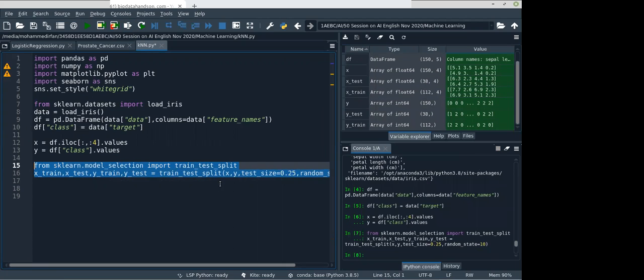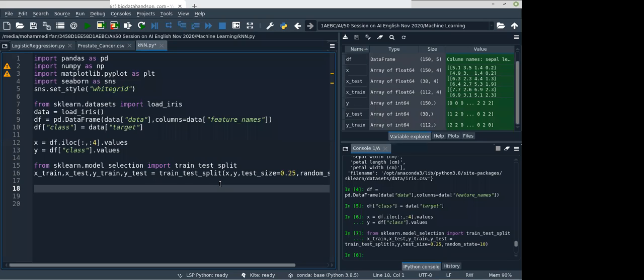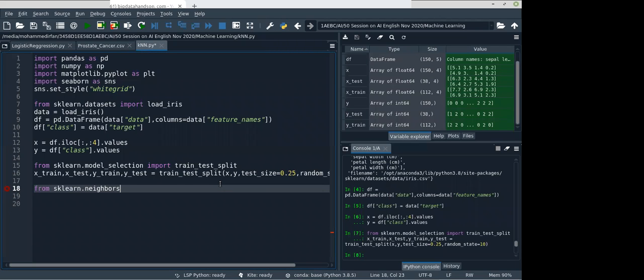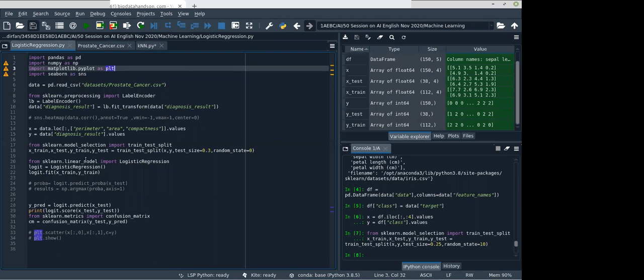Okay, so now it's time to build our KNN model. For every model, we know that we have a class, right? So for KNN also we have a class. Where is it? It is inside the sklearn library, but in a different module. The module is neighbors. Because we know that logistic regression and linear regression are under the linear_model module.